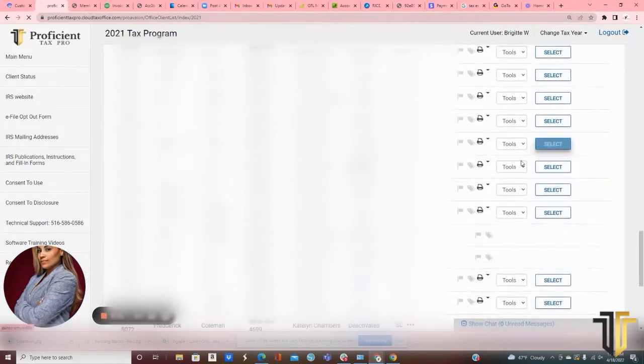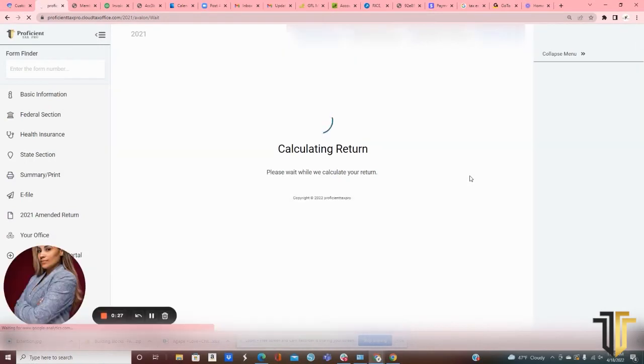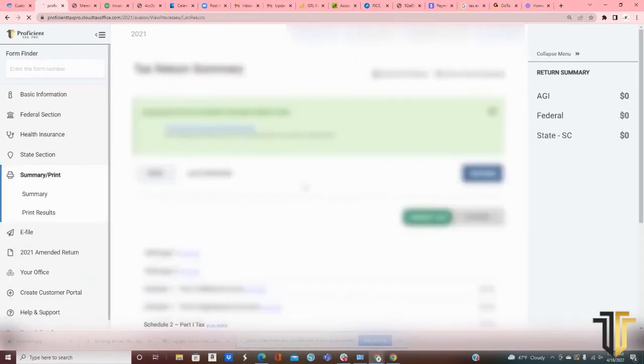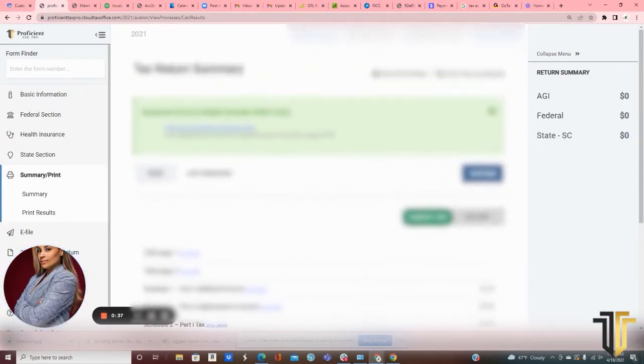to file their extension. So if they're not listed in the software, you're going to need their basic information, which is their social security number, their first, middle initial, and last name, and then you're going to need to know their address. And once you have all that information in, you'll be able to move forward on filing the